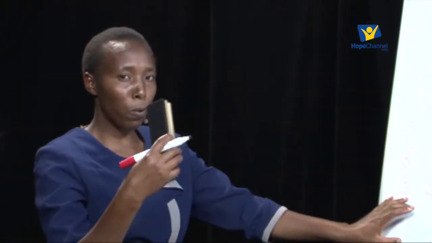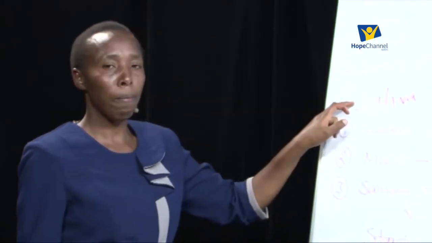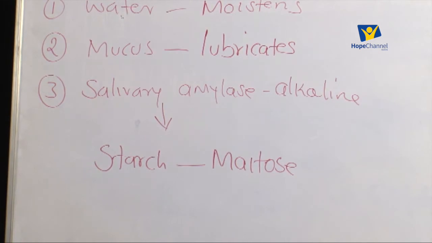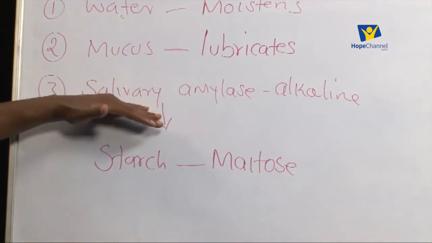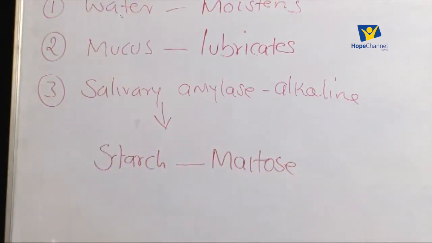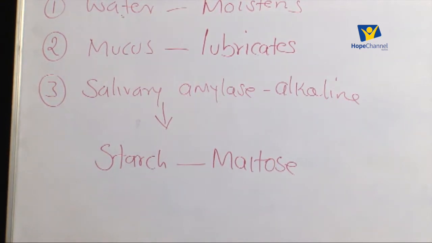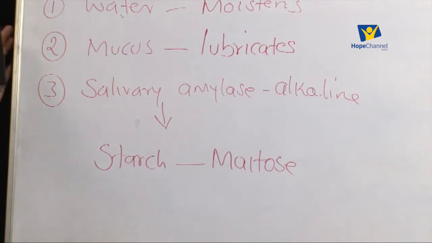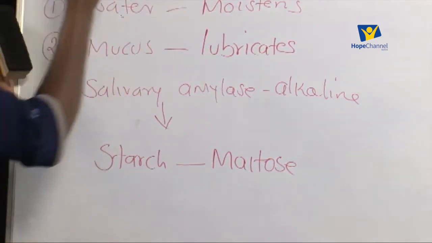So the moment you introduce food into the mouth, you stimulate the salivary glands to release saliva. Saliva is a mixture of the three: water, mucus, and salivary amylase. So we expect as the tongue is manipulating the food in the mouth, it is mixing with the enzyme amylase such that the amylase is able to break down the starch in the rice into maltose. Then what happens at the end of the day? In the mouth, once all that happens, the tongue is able to roll the food into a round mass that we call the